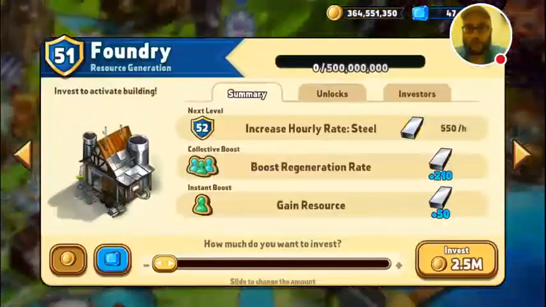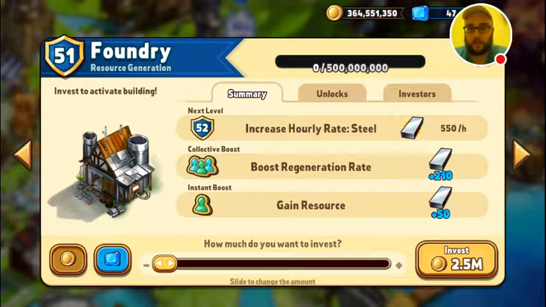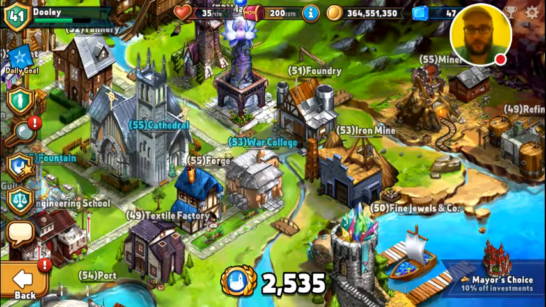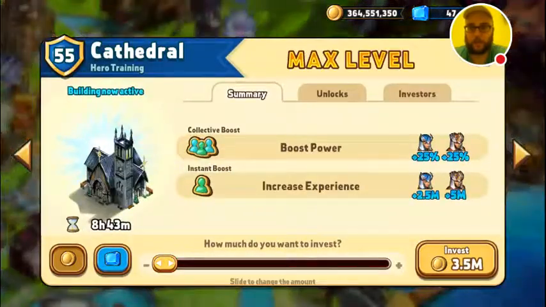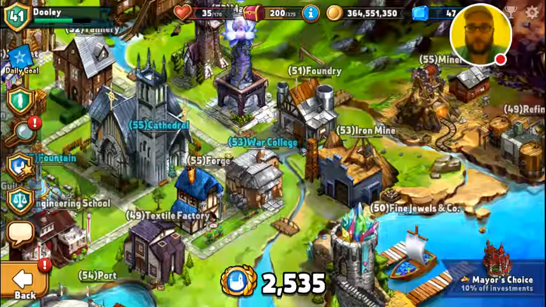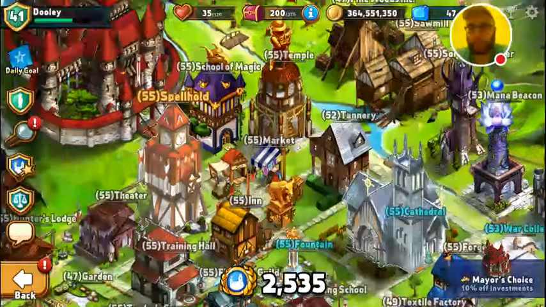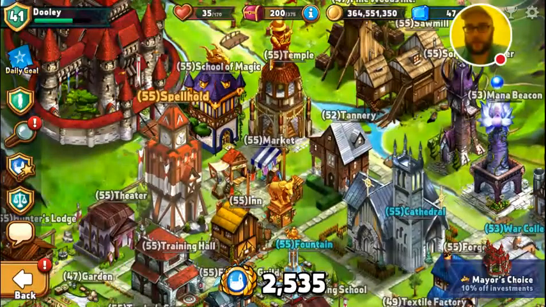And you have resource buildings, which you can upgrade. So, the collective boost, everybody gets a better regeneration rate, and you can see what the next level unlocks. Okay, it's going to get 525 an hour. The next level will get 550 an hour, so that's a second tier type of... Oh, I can't click that because my face is in the way. There's not a whole lot to show off here. You can hit the hour, or not the hourglass, but the...